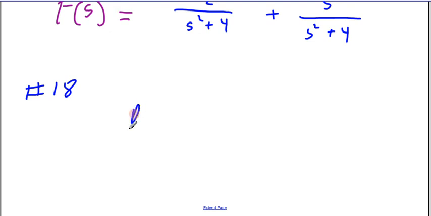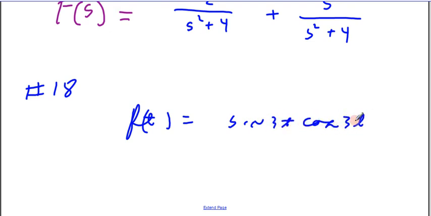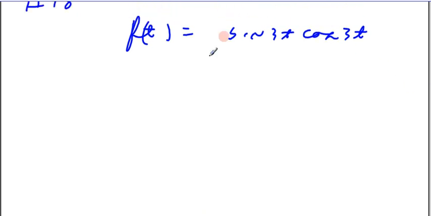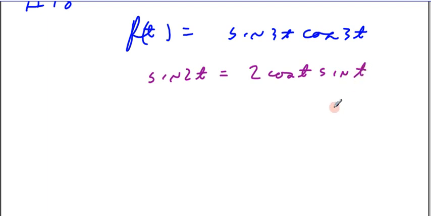Okay, we have f of t is equal to sine 3t cosine 3t. We look at our Laplace transform table and we see, oh darn, we don't have one of them. But from our trig class in 11th grade maybe, we remember that sine of 2t is equal to 2 cosine t sine t, right? So that means we can rewrite this and say f of t is equal to 6